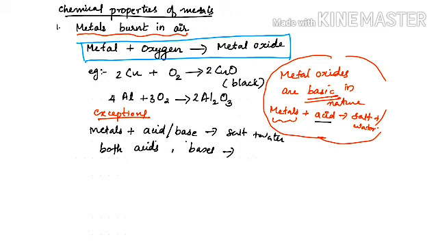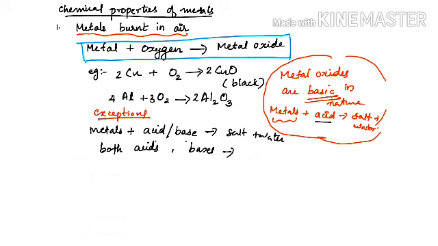So some exceptional cases are there. Some metals can have the nature of both acidic nature and the basic nature, and it will produce salt and water. So such type of metal oxides we call it as the